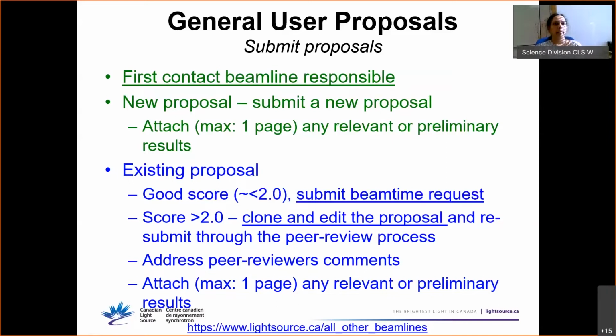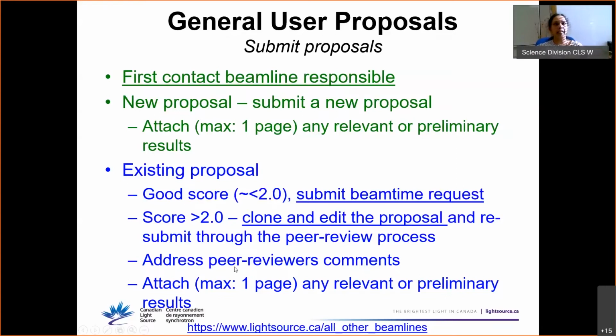So that way you can improve the proposal and resubmit as a new proposal. Okay. For example, even if you got score 2, some beamlines are very competitive and you didn't get beam time last time. I strongly encourage you to clone it or copy it and edit the proposal and resubmit as if it is a new proposal. Then you get a new score. Okay. When you resubmit it, make sure you look through the peer reviewer comments from the past instance and address those comments.